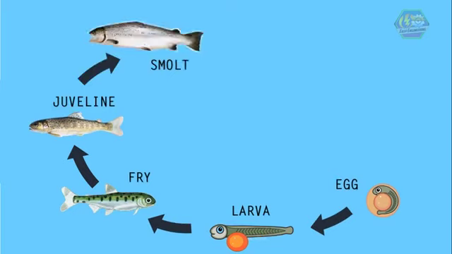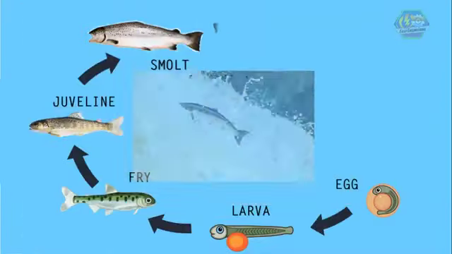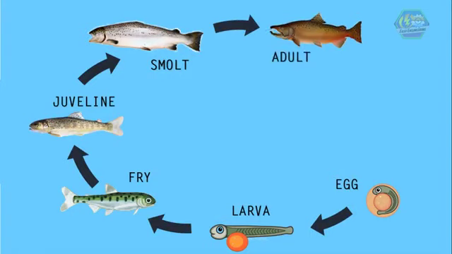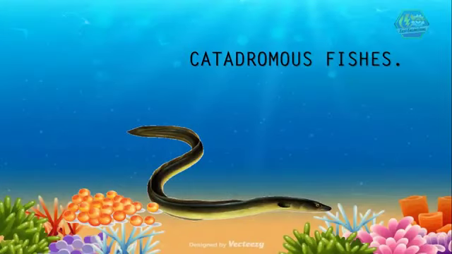Next is the smolt. Fishes grow fast in this stage. Some smolt stay in brackish water like the trout and the salmon. Next is the adult stage. Like other animals, being an adult means they are able to reproduce. Some fishes complete the migration from freshwater to salt water in the adult stage. They are called anadromous fishes. They lay eggs in the fresh waters. The opposite is the catadromous fishes.